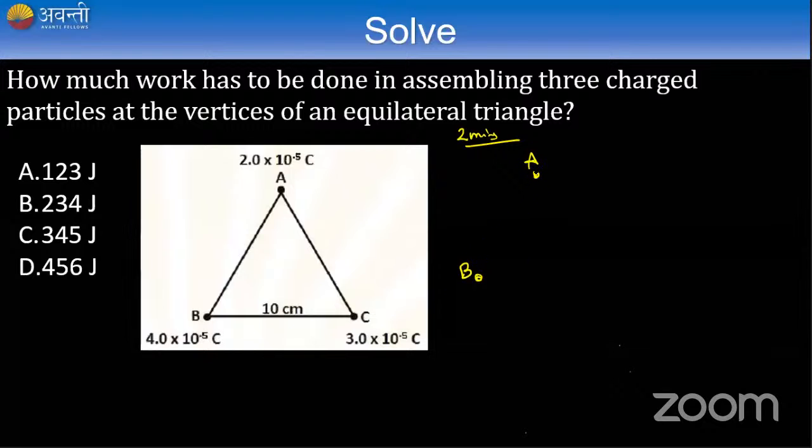Now there is 2 into 10 power minus 5 coulomb here. There is 4 into 10 power minus 5 coulomb here. Now, guys, if I'm moving this charge from here to here, and both are positive charges,